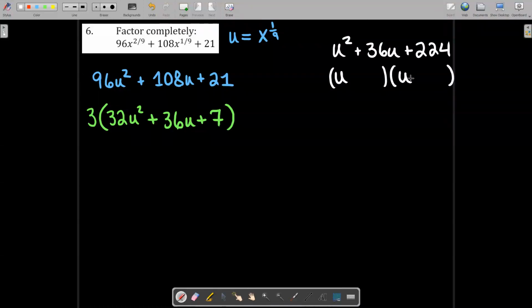U times u is u squared. I see that the signs are going to be the same because it's multiplying to a positive number, and they're both going to be positive because they're going to add to a positive number as well. The numbers that multiply together to make 224, there are a lot of them, but we only have to go far enough to see what adds together to make 36. So we've got 1 times 224, definitely doesn't add to 36. 2 times 112, we're getting closer. 4 times 56,